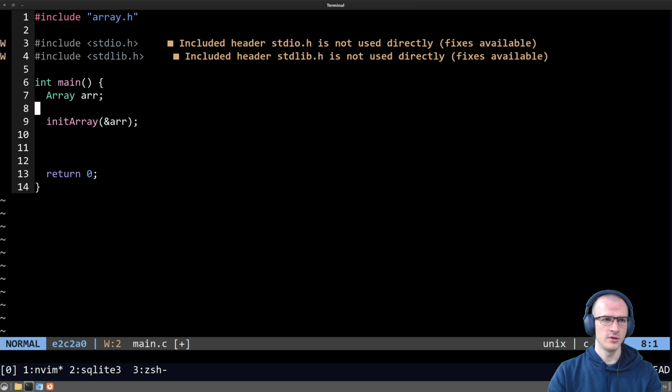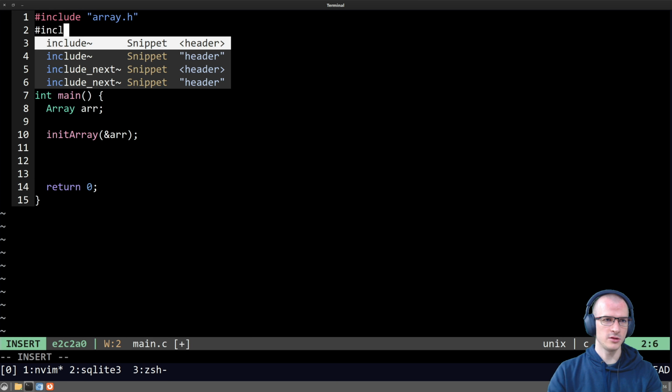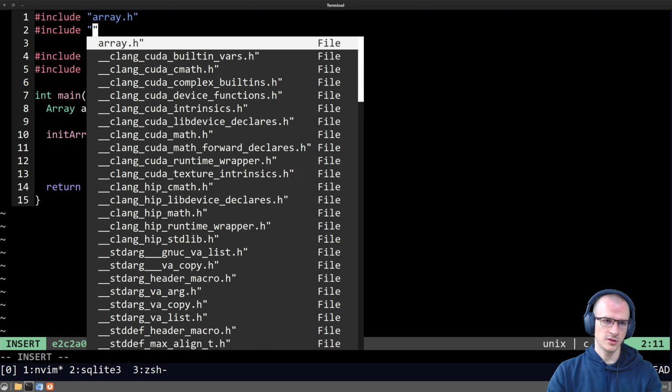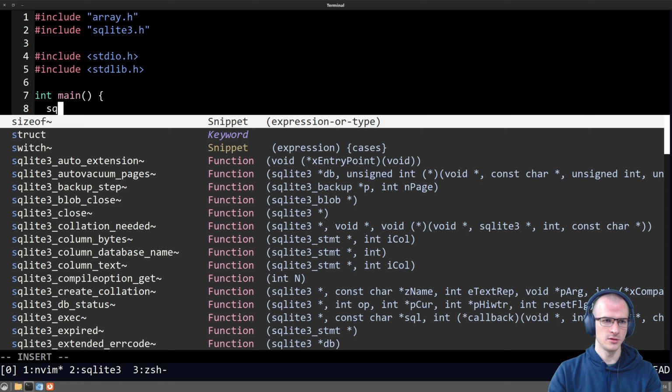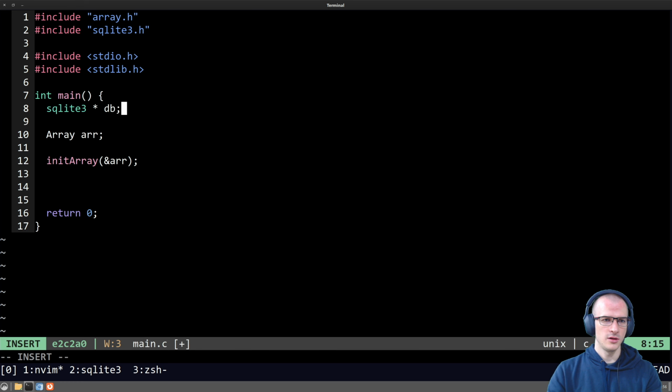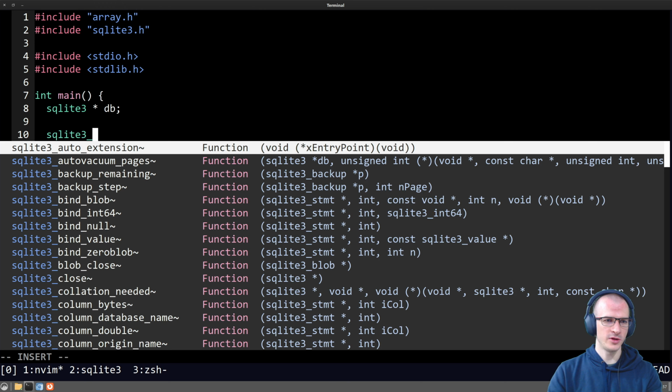And now we could say include sqlite3.h, and let us connect to the database. sqlite3_open,